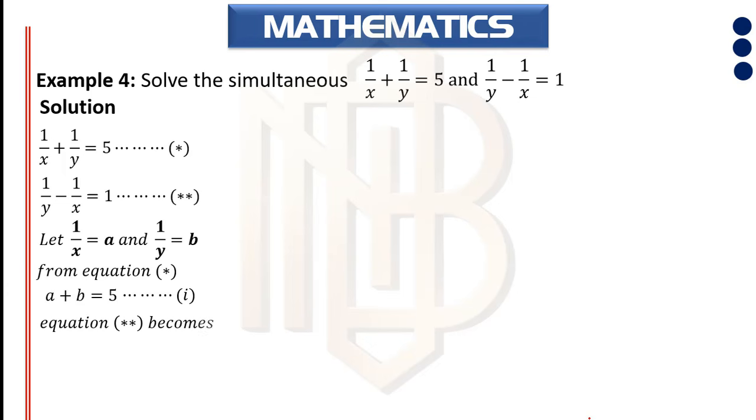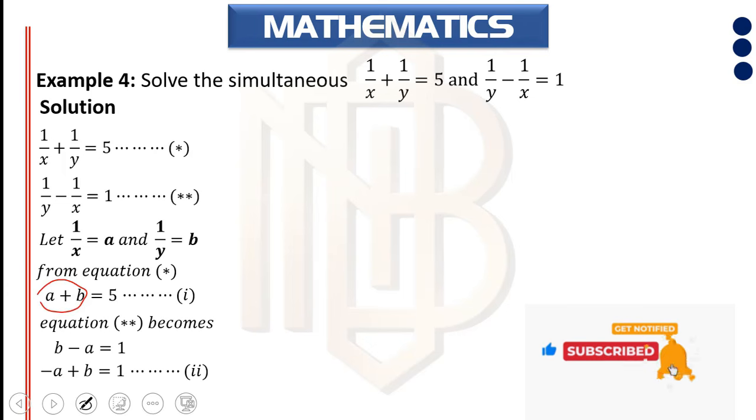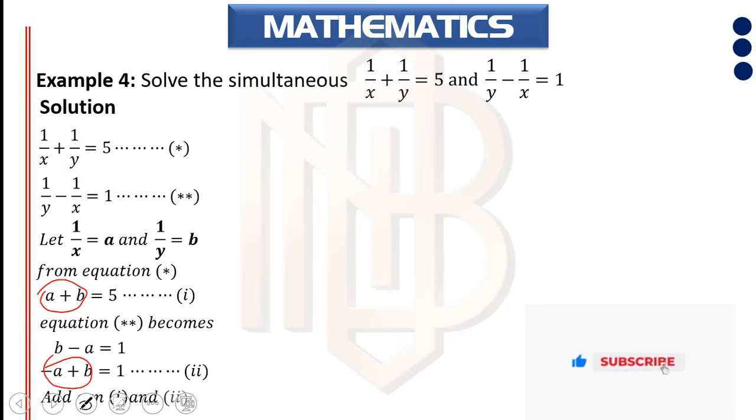And if you do the same for equation star star, you have b minus a equals 1, which you can rewrite. The only reason I'm rewriting it is so that it will have the same form as this, for ease of evaluation. Okay, so now from what you have there, if you look at it very well, you discover that you can conveniently